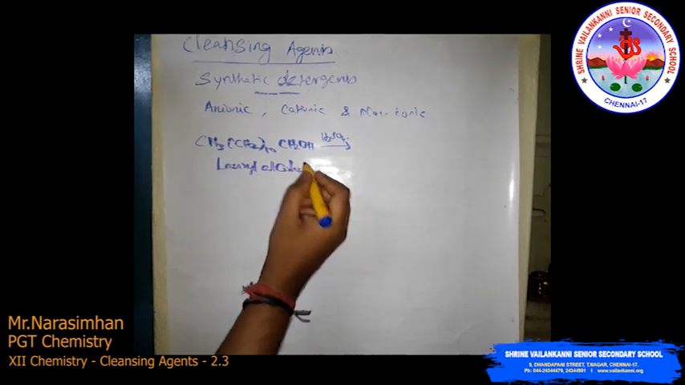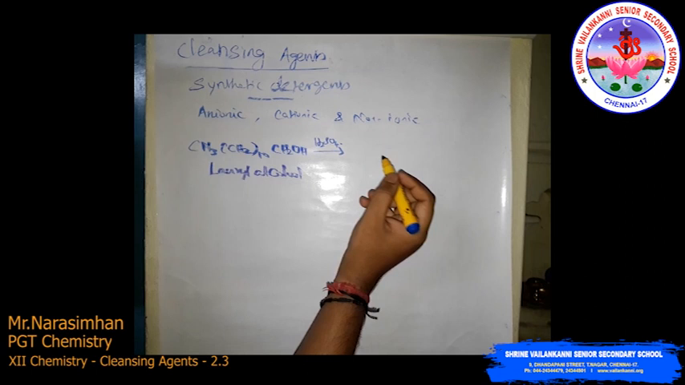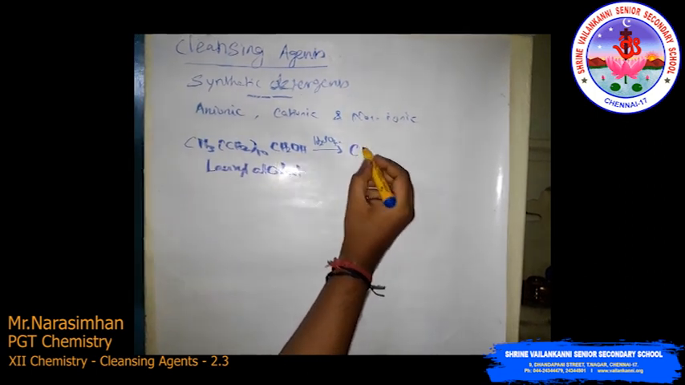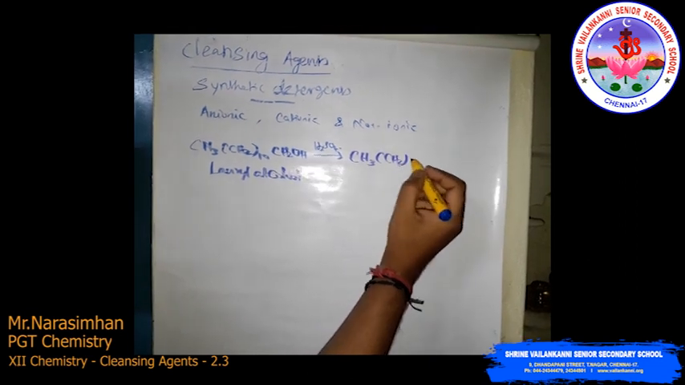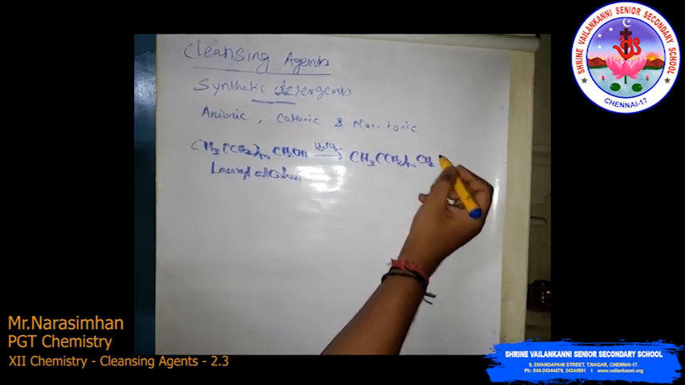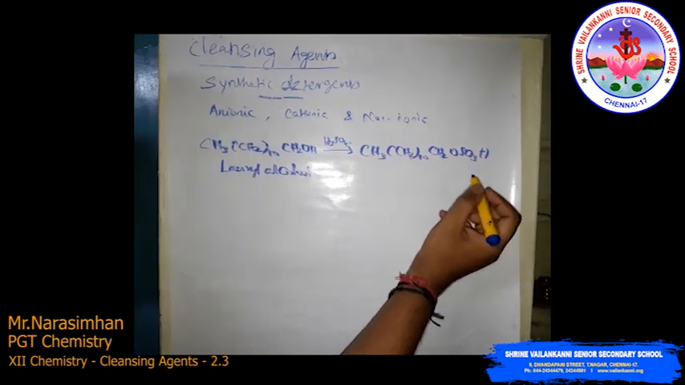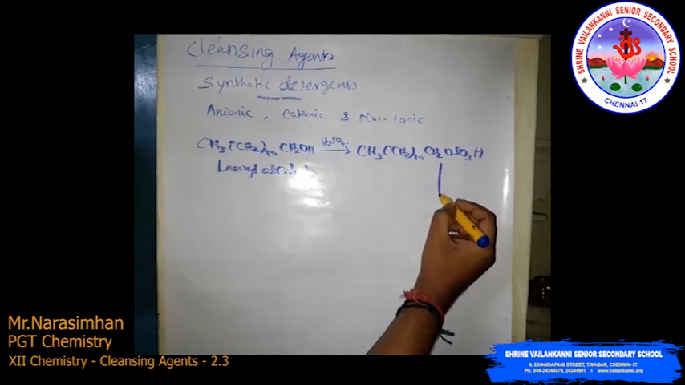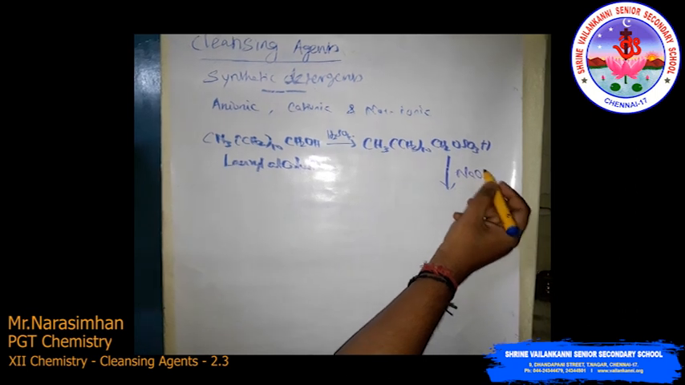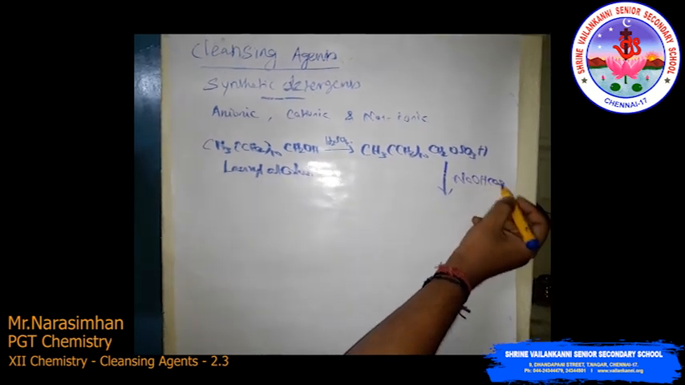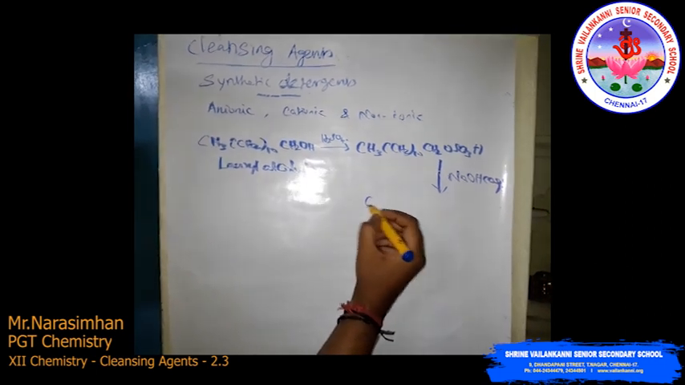Then this reacts with the sulfuric acid. This is concentrated sulfuric acid, to form lauryl hydrogen sulfate. Lauryl hydrogen sulfate: CH3 (CH2)10 CH2O SO3H. Then this reacts with an alkali, an aqueous solution of sodium hydroxide, to produce the anionic detergent, CH3 (CH2)10